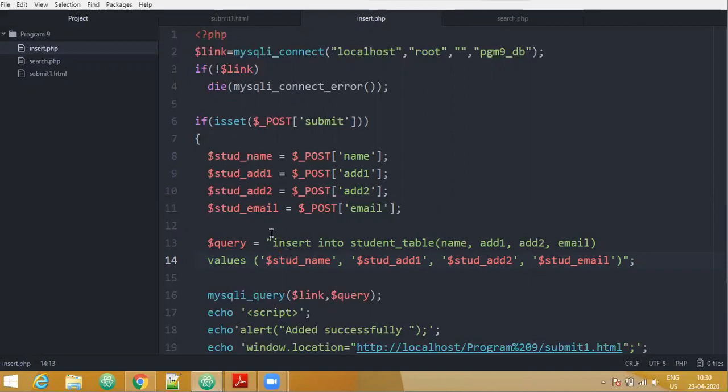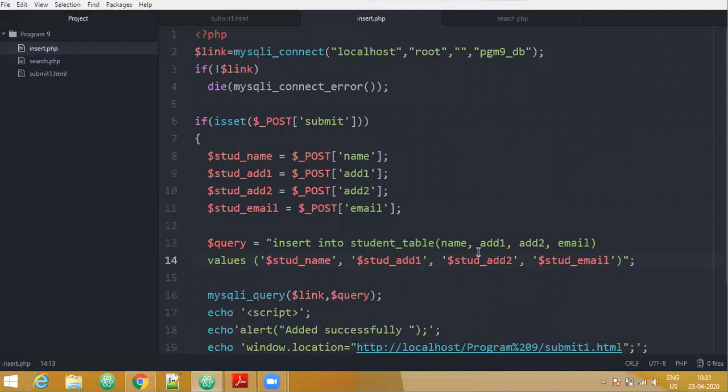So these names and these names will be same. Again, you have to specify it in double quotes, since these are variables and they are not column names or any values related to database. You have to write it in quotes and separate them by commas. Close the bracket, close your double quotes and close the semicolon.